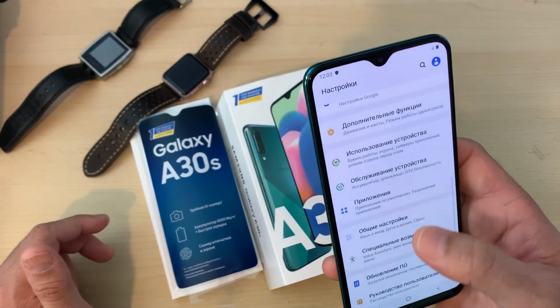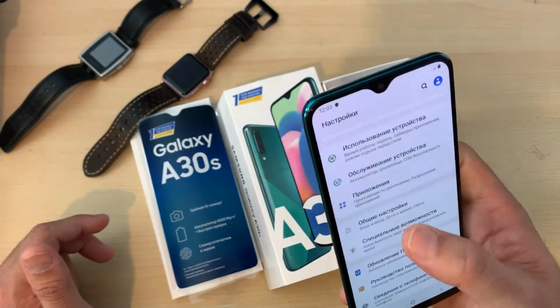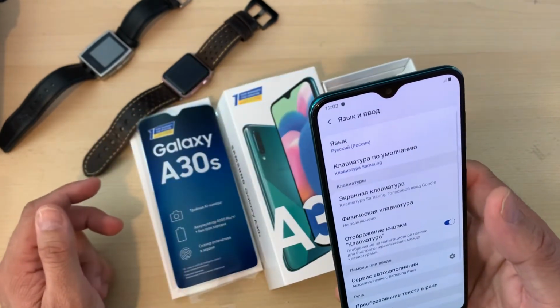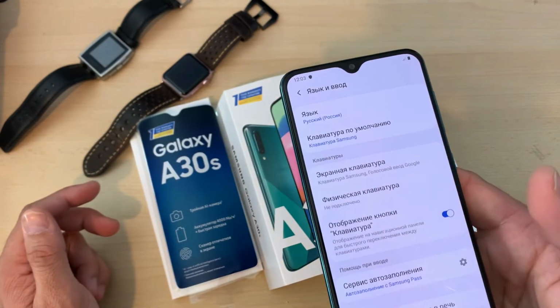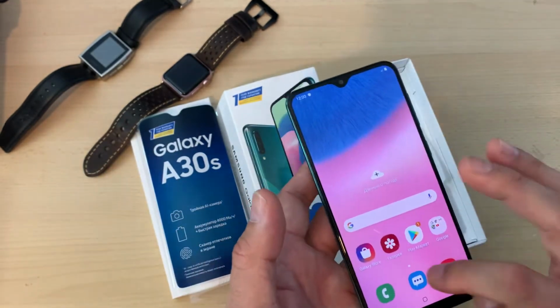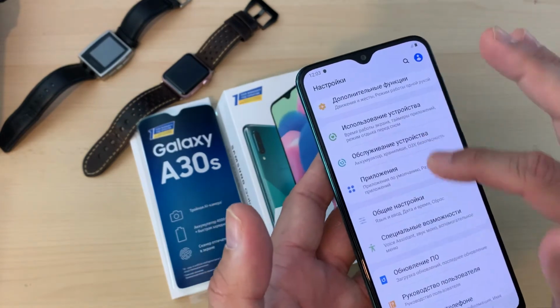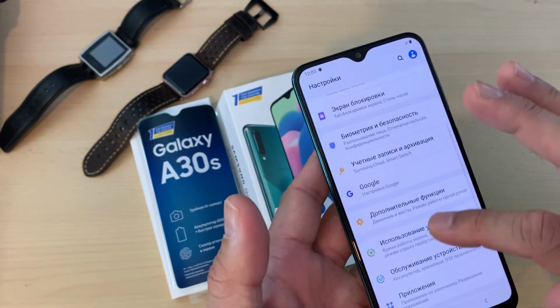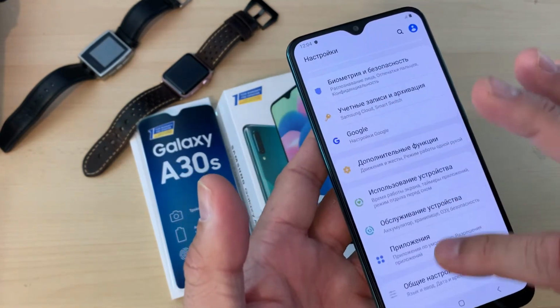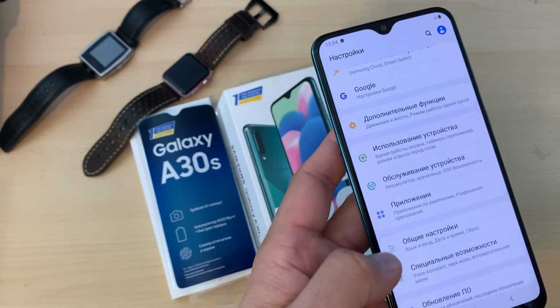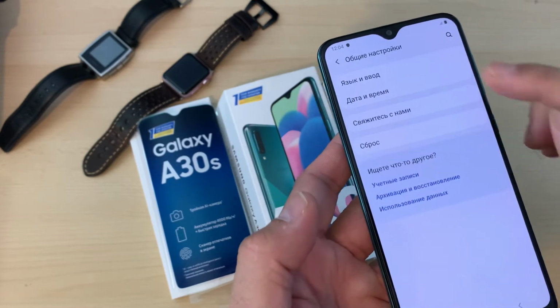Don't look at the language, look at this sign. You will see the 3 bars, and when you see 3 bars, then you can look at the settings section again. I'll show you again. First of all, go to the settings, don't look at the language. When you are in the settings, just keep scrolling down from the top left side, and as soon as you see these 3 bars, 3 volume bars or something like that, you can click on this,